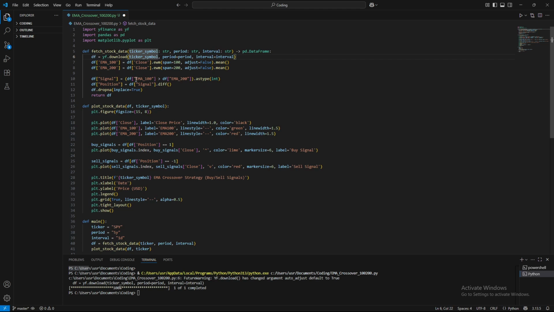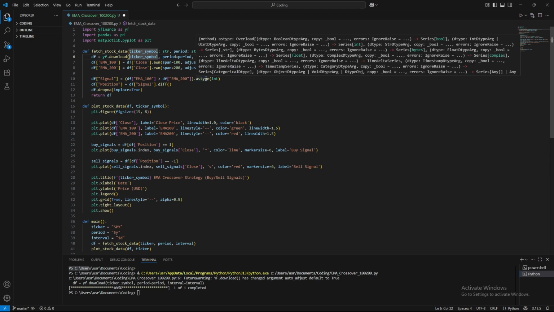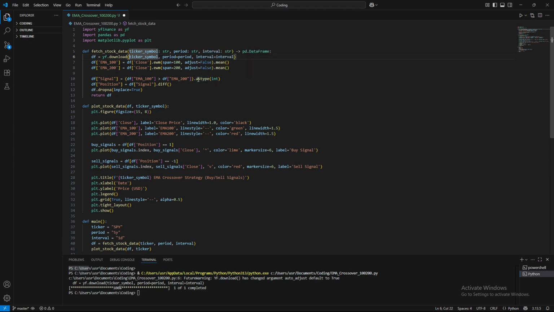So now I'm sure you're able to understand this and read it, but what this as type int does is turn whatever this is into an integer. EMA 100 is greater than EMA 200, that's 1. Essentially, when you convert a true Boolean value to an int, true is 1, false is 0. So when you convert true or false into 1 and 0, that is how you get the -1 and +0